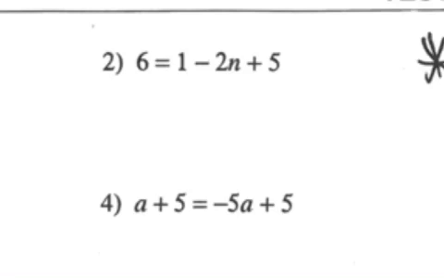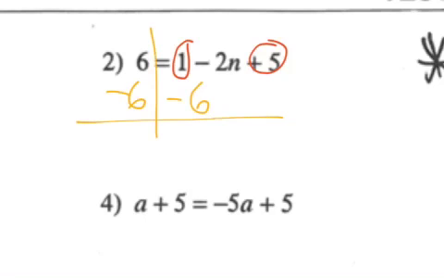Number 2, a lot of these answers led to n equals 0, and I think that confused a lot of people. A whole lot of people put empty set when they shouldn't have, or no solution. So let's work through this one and be real careful. I have a positive 1 and a positive 6, okay? That makes plus 6, right? And so what I'm going to do is subtract 6 on both sides,